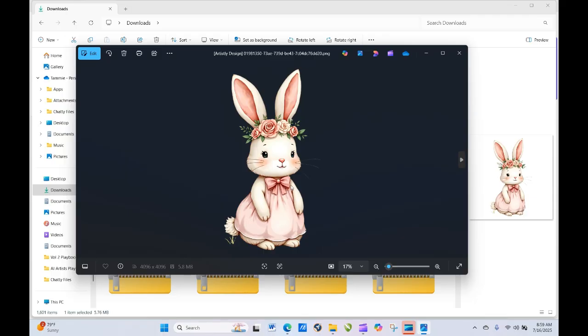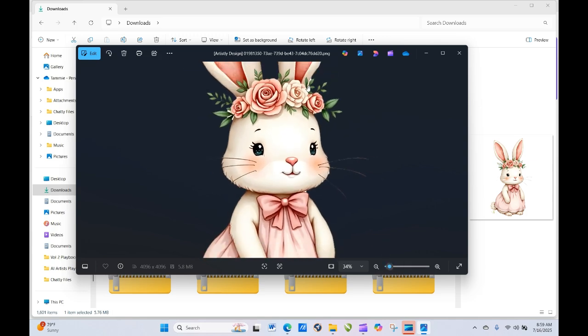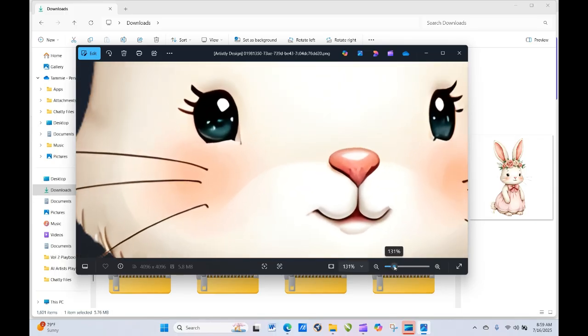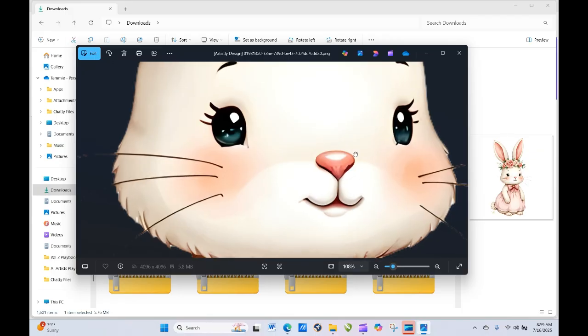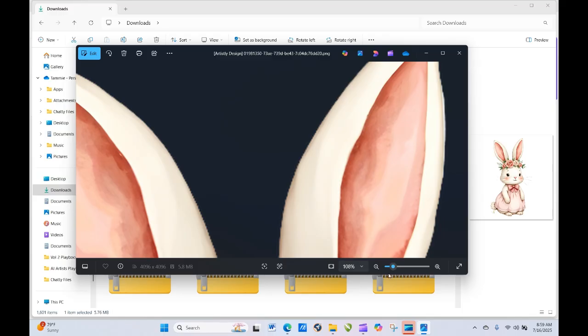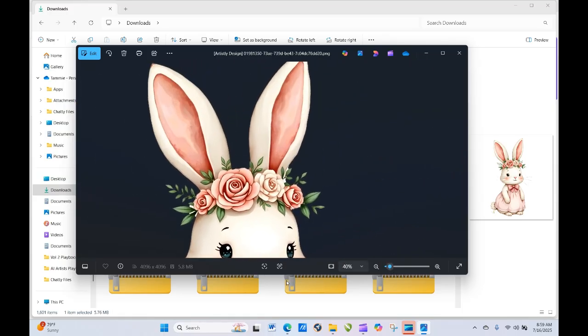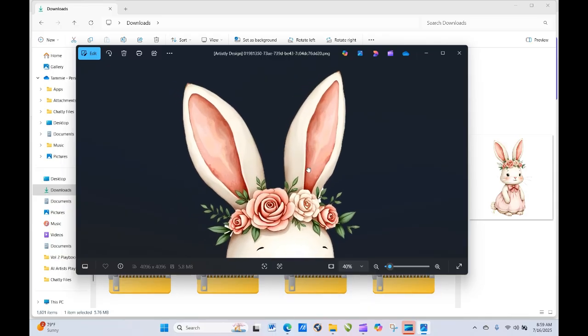Okay, so it did pretty good with the background removal. There's a little touch there. Oh, actually, I think that's part of it because it's there too. Okay, so it did pretty good with the background removal. And the quality seems much better that way. So,